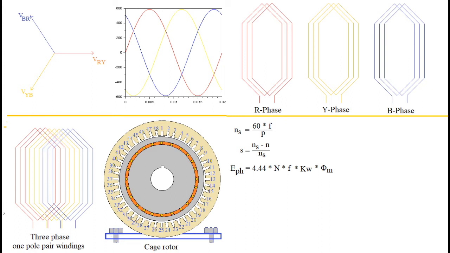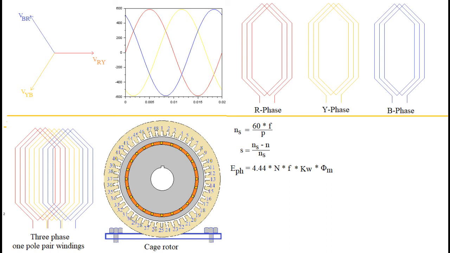Theory of induction motor is explained in terms of slip. Slip is the per unit value of rotor that slips back behind synchronous speed based on synchronous speed. Accordingly, the formula of slip S is equal to (ns minus n) upon ns. So the value of slip S is always less than 1 and close to 0. Full load slip is generally between 0.05 to 0.08. Sometimes slip is expressed in percentage, so 0.05 is 5% slip.